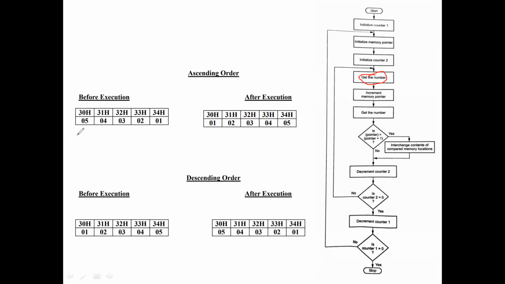Now I'm going to take this data, increment the pointer so that it moves to another location, and take the second data. I'm going to compare these 2.